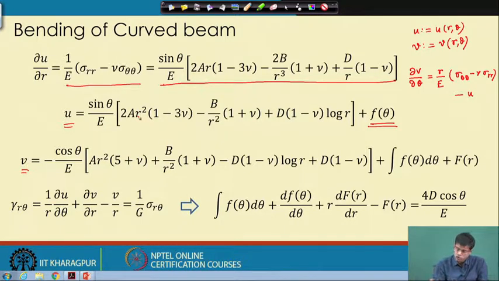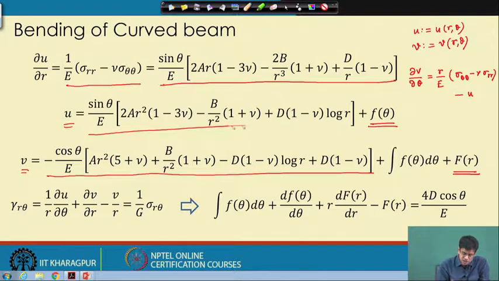So, you substitute u here, and sigma theta theta and sigma r you substitute from the previous stress expression, and then you integrate with respect to theta, and then you get a constant which is F r. So, capital F r, which is a function of r, because v is a function of r and theta. Now, this is a very long expression. After substituting these two expressions in the shear strain, essentially this is the expression, we get this